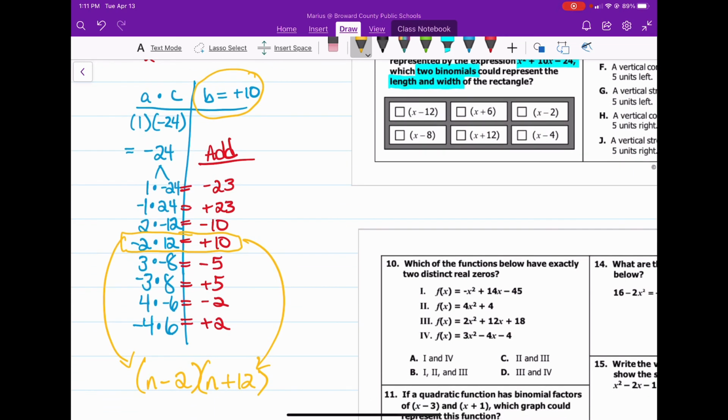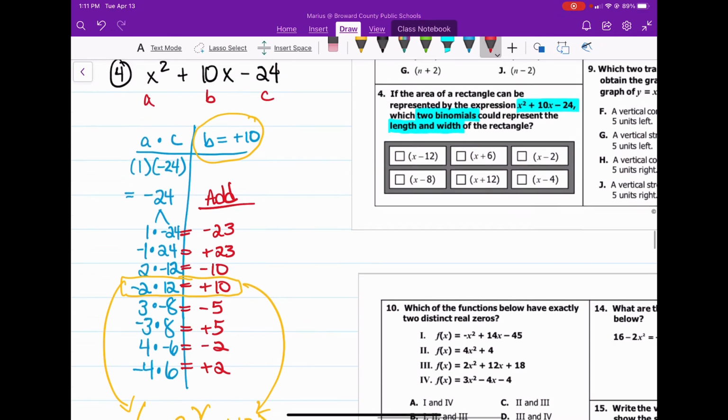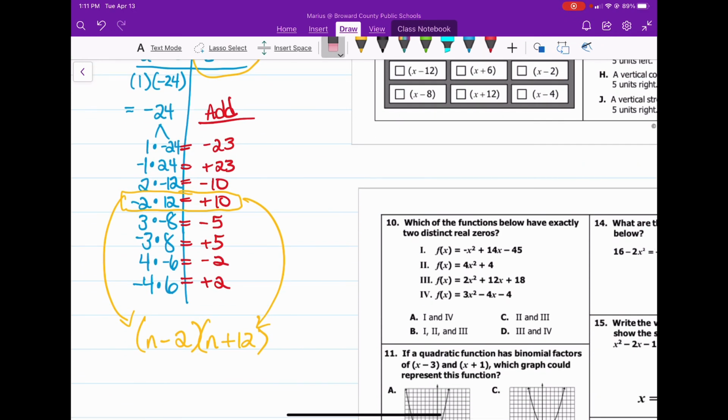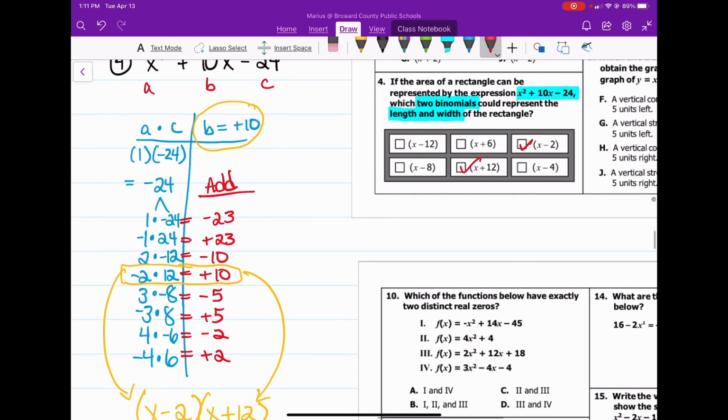Now, let's take a look at the answer choices that we have. We should check off an x minus 2, excuse me, it should be x. Let me change those to x's. I don't want anybody to get confused. x minus 2, x plus 12. So an x minus 2 and an x plus 12. Those would be the two answer choices that you should check off